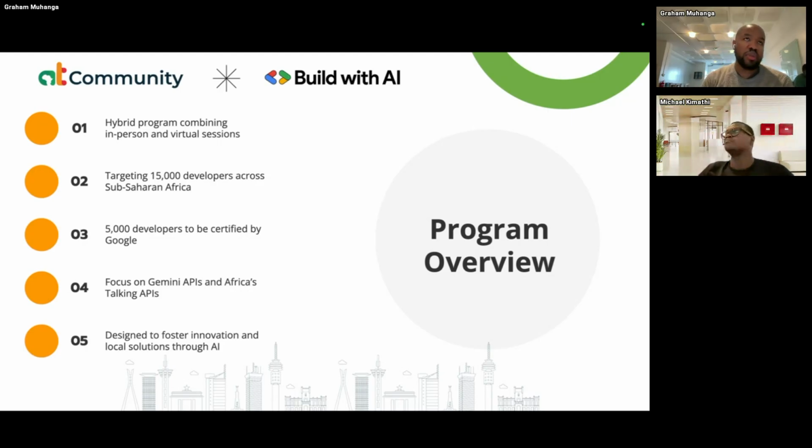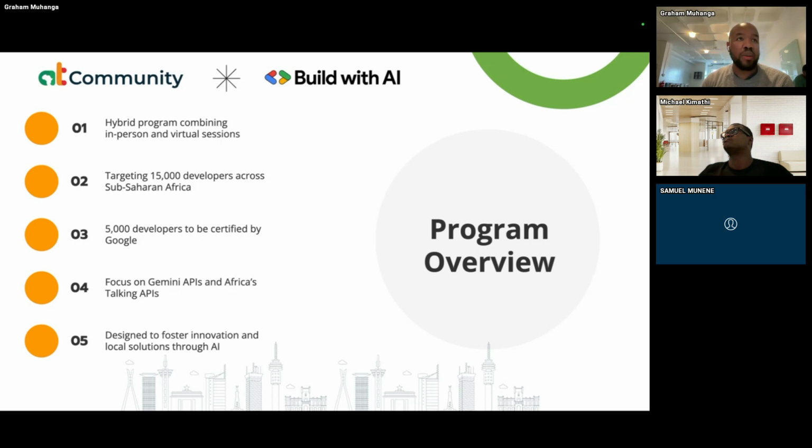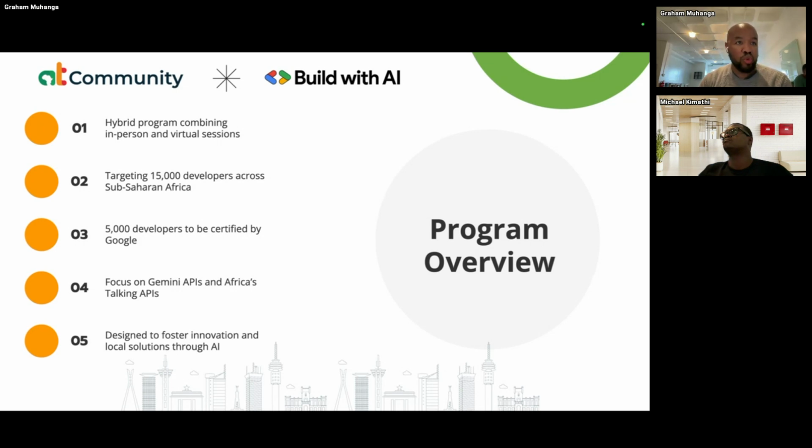So in reality, what this means is that you should be able to make a call to a virtual agent or a voice agent, and Gemini real time will be able to talk to you based on the context that we share with it in a Google bucket. So we are working on that program. We want to see how that looks. It is a revolutionary approach, actually, if we think about the various contact centers across Africa. So that's going to be a big deal.